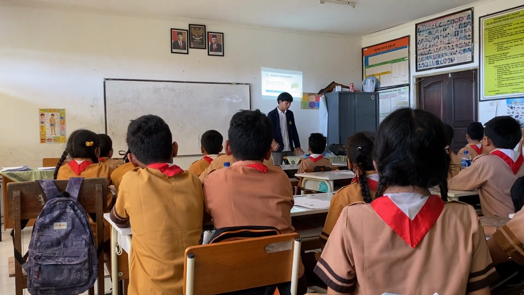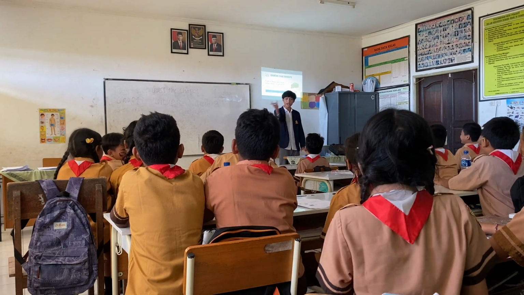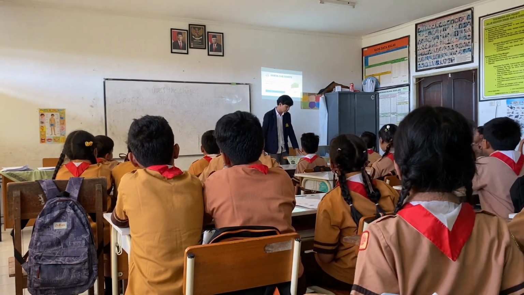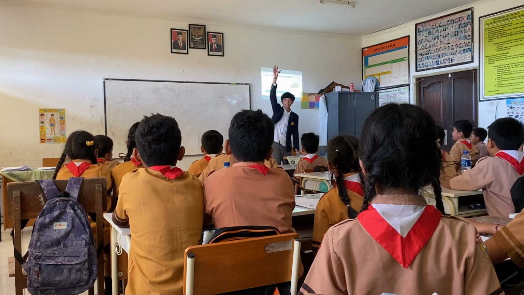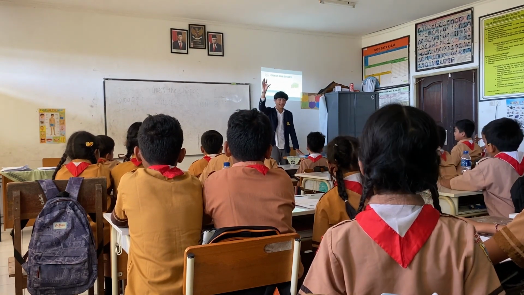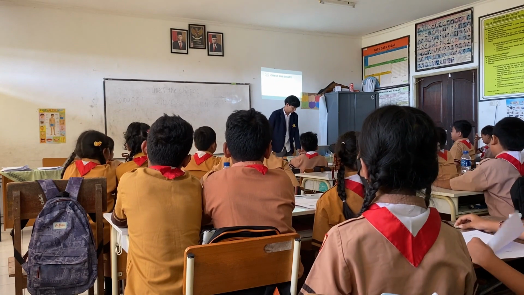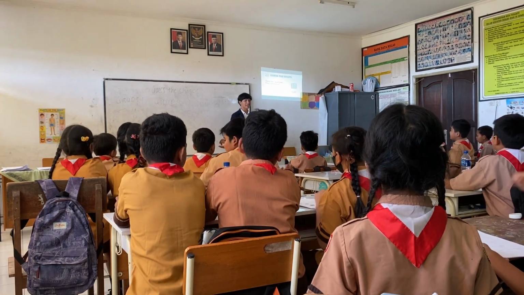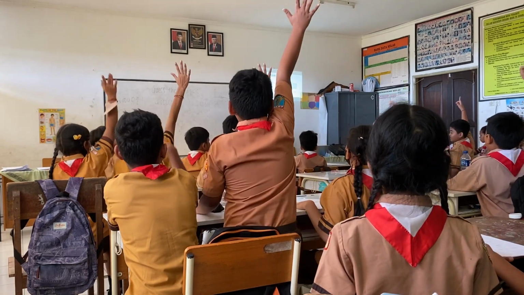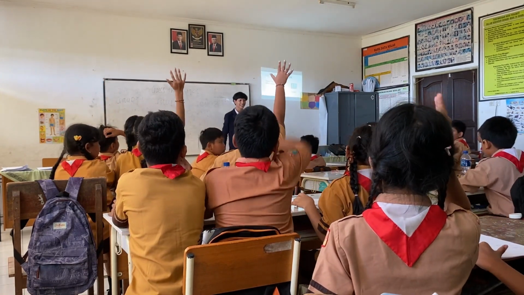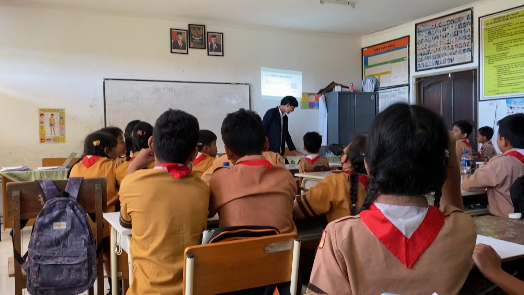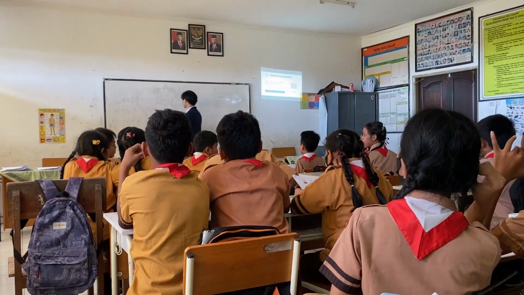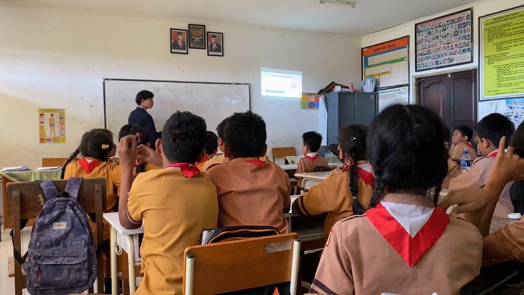Okay, you still have some questions left. So are you ready for the next question? Yeah. Okay, let's get into it. Remember, raise your hand as fast as you can, okay? I have 4 equal sides. What shape am I? Okay, that's correct. So the correct answer is square. Congratulations to group 2 for getting 1 point.